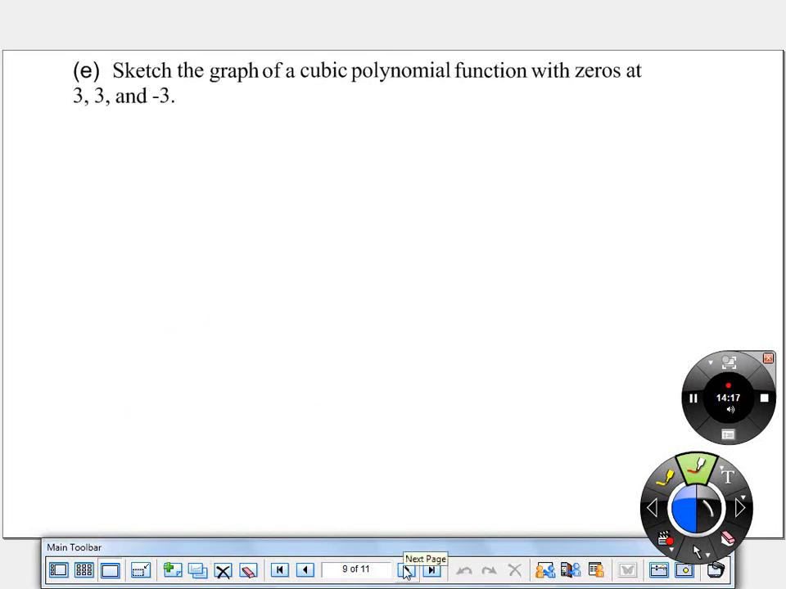So the next one says sketch the graph of a cubic polynomial function. Okay, so remember, cubic is a function of odd degree. It is of degree 3. And so I expect something maybe like this. Or maybe turn the other way if it had a negative lead coefficient. So positive lead coefficient, negative lead coefficient. All right, so let's see. So sketch the graph of a cubic polynomial